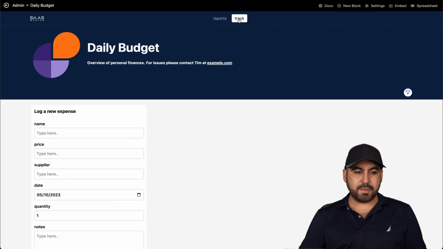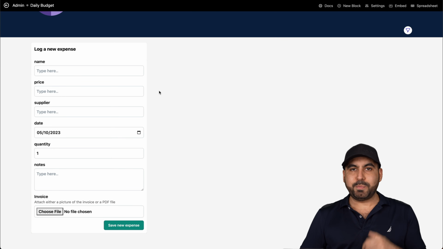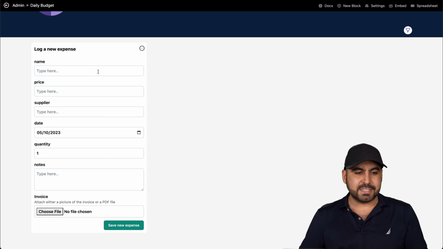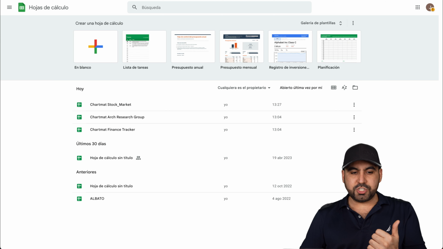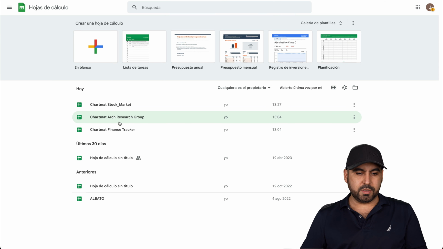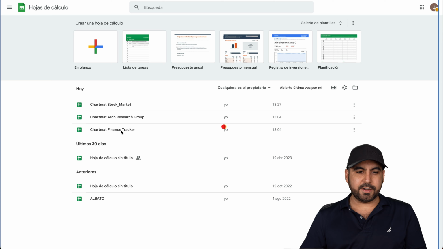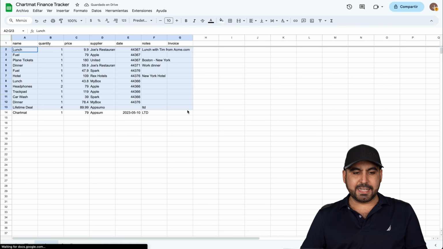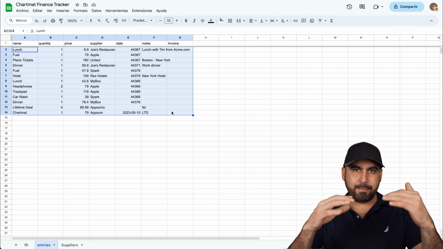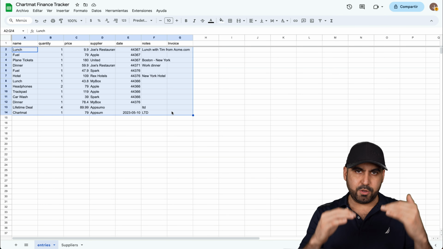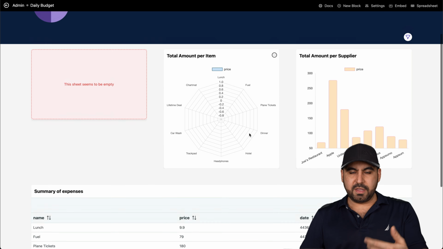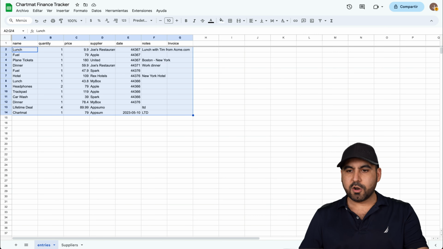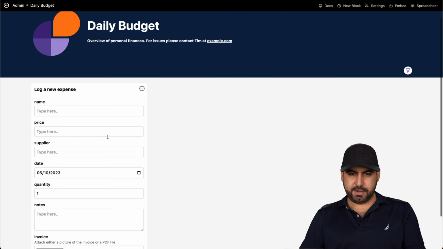I can view reports and I can view the track if I need to add a new expense. Now, this is a Google Sheet dedicated for expenses, so I can fill it out through here or I can fill it out through my Google Sheet. Now, in Google Sheet, it's been created. You can see it's over here, Finance Tracker. If I click here, it's going to add this demo data to get started. Now, I can go ahead and delete this and add my own data, which would be recommended. The only reason they add the demo is so you can basically see how it's going to flow, see how it looks, and then fill it out with the information straight from Google Sheet. You can fill it here or fill it out from the tracker over here. So you have that option.